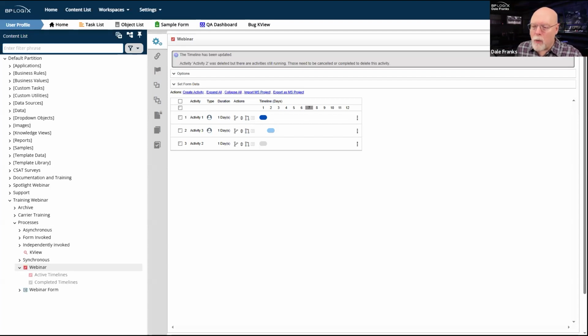So now when you delete an activity, if there are any running, it just doesn't. This activity still exists, and you cannot delete it until all of the running instances that are running in activity 2 are complete.